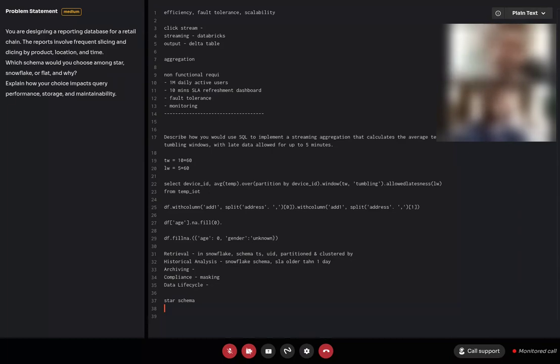Now let's say there are some changes in how the source data is generated and how we want to store it. The advantage of star is the fact table. Let's say it's for a retail chain, so we have an orders table.